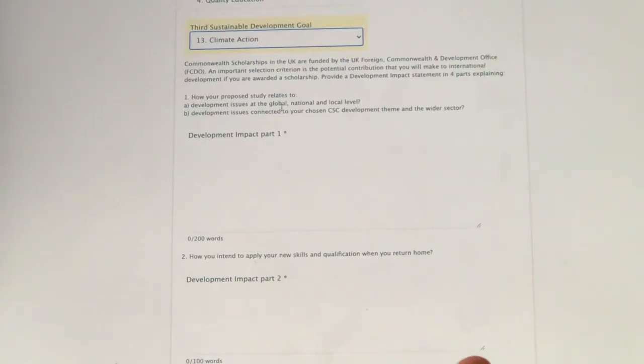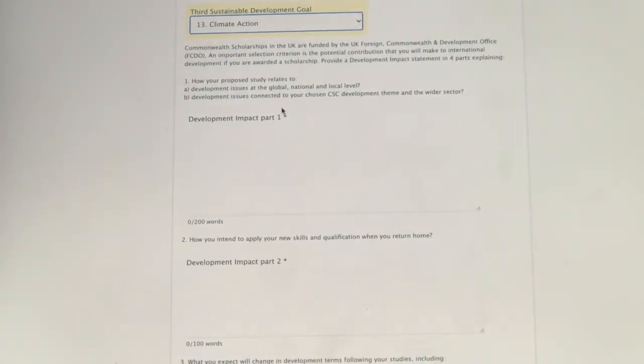So the first question is, how does your proposed study relate to development issues at the global, national, and local level? And how does that relate to development issues connected to your theme, the one I chose, strengthening health systems and capacity?